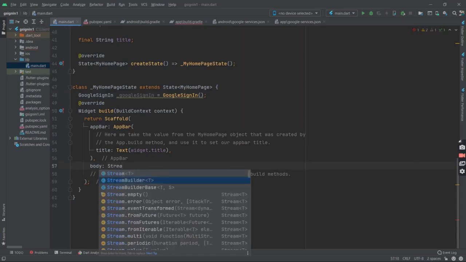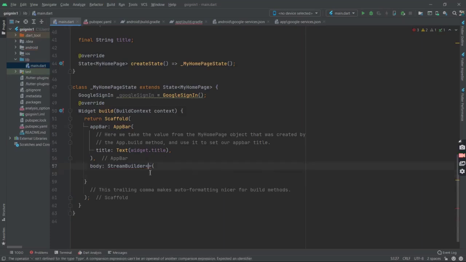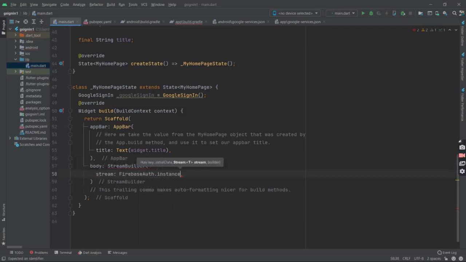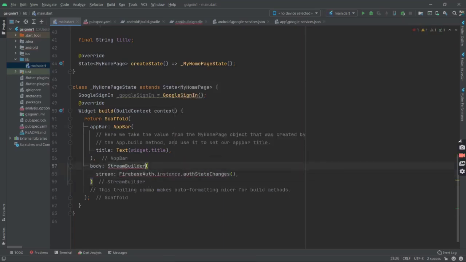So why a StreamBuilder? If you know what a StreamBuilder does, a StreamBuilder basically listens to streams. So for that, first we will have to, oh, it's the wrong syntax. So yeah, StreamBuilder, first we'll have to set a stream. So our stream will be FirebaseAuth.instance.authStateChanges().